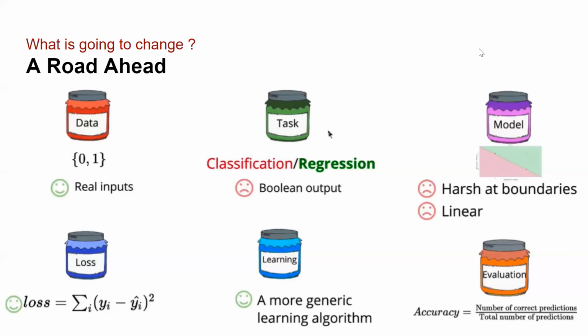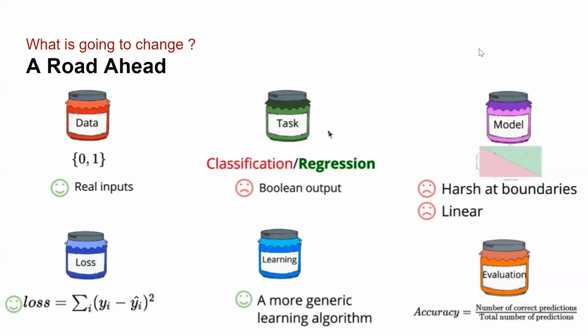The biggest drawback we had in the case of the perceptron was that the decision boundary was linear. So we will get rid of that drawback. I won't say that we will fully get rid of that drawback, but we'll see how to generate some non-linear decision boundary. The loss function we had in the case of the perceptron was square error loss. We will continue with that loss in this case also. So no change in terms of loss function. The learning algorithm we had in the perceptron, we will have a similar kind of learning algorithm in the case of the sigmoid neuron also, but you'll see some additional terms here.